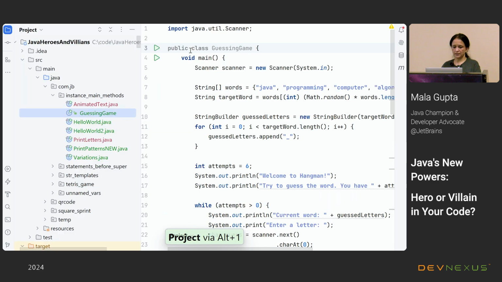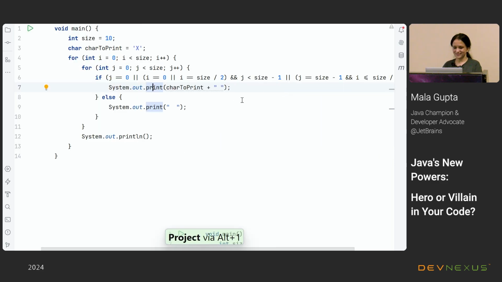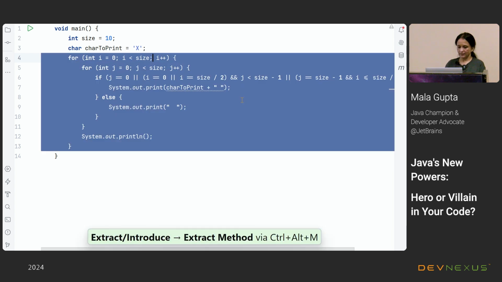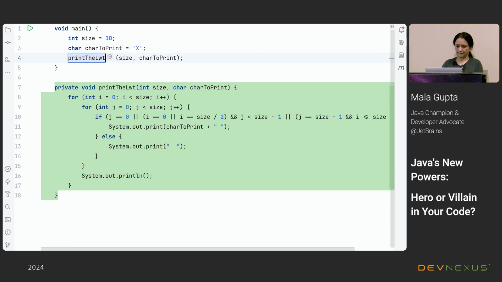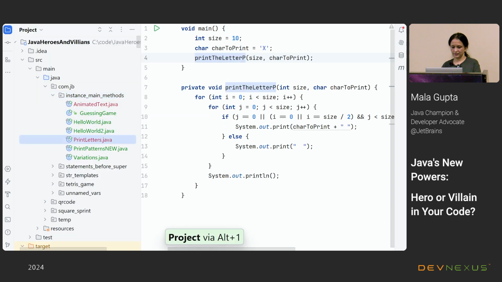And the next step could be, you could teach the students to introduce more concepts. Let us say I might extract this method, and I could say the name of the method is print the letter. This is how I could introduce more concepts when I am teaching university students or anyone who is new to Java. So this is still a preview language feature, so it should not be used in production, but yes, you can start using the feature.